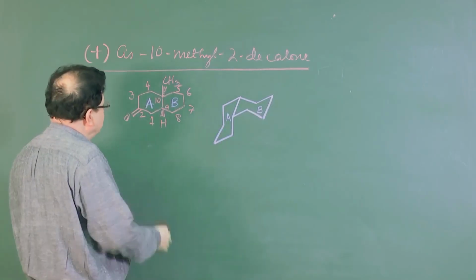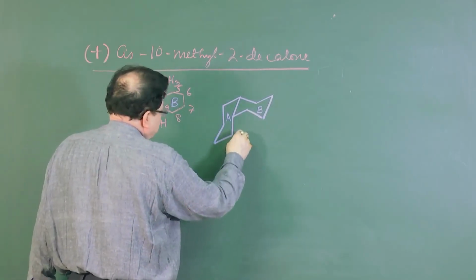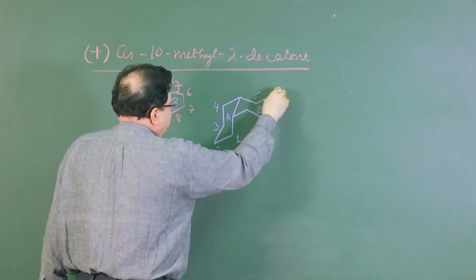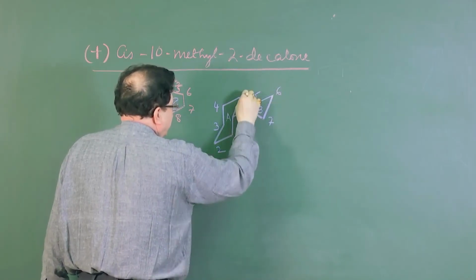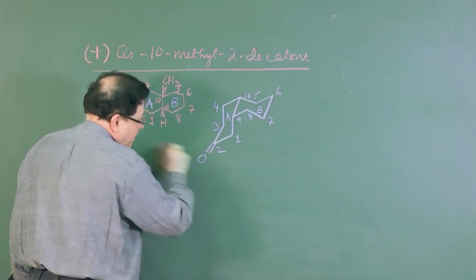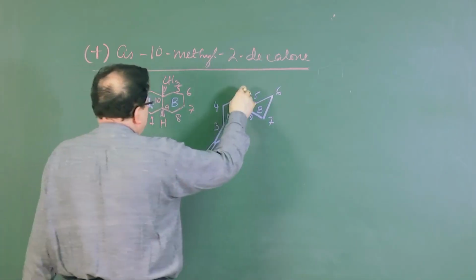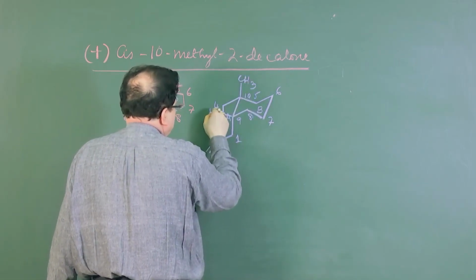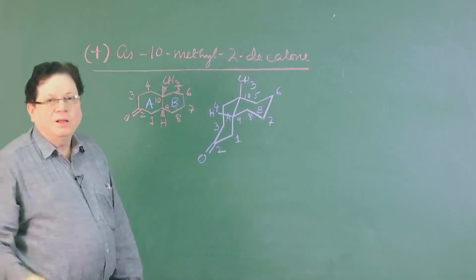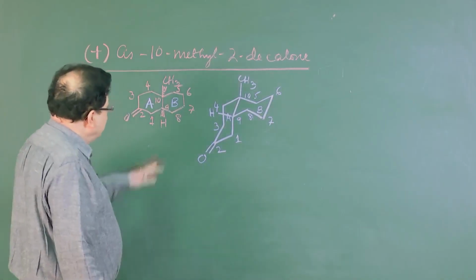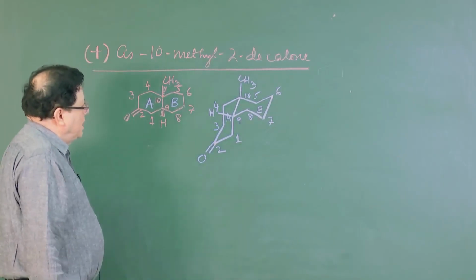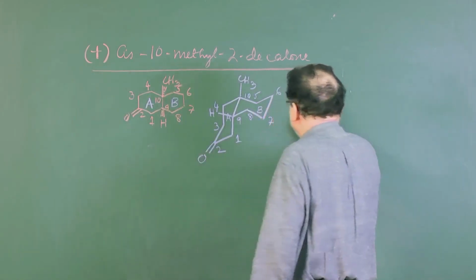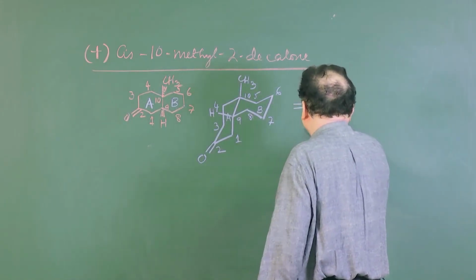Okay. Now, the question is, where is the carbonyl? So, this is your number 1, this is your number 2, 3, 4, 5, 6, 7, 8, 9 and 10. The carbonyl is here at the 2 position, and you have a methyl at the 10 position. This is your methyl, and you have a hydrogen which is also beta. The methyl is beta as well as the hydrogen, that gives a cis ring junction, a cis-decalin system. So, this is one of the conformations of this molecule. And there is another conformation I can write, because this can be flipped. So, if you flip this